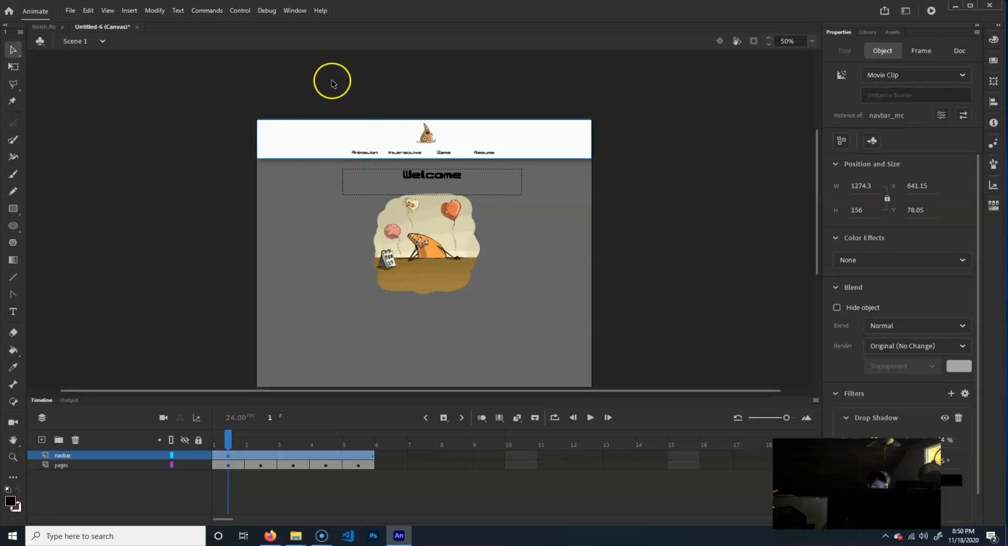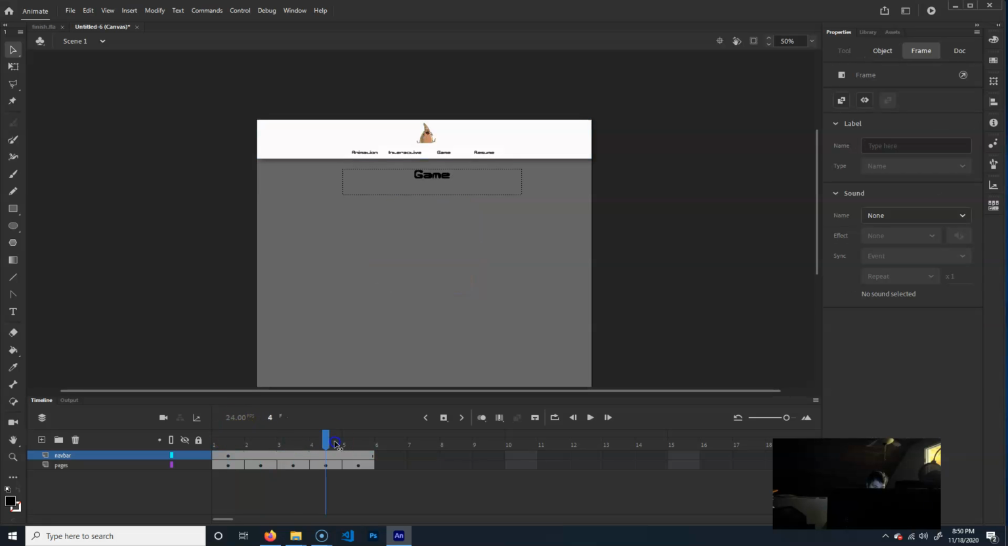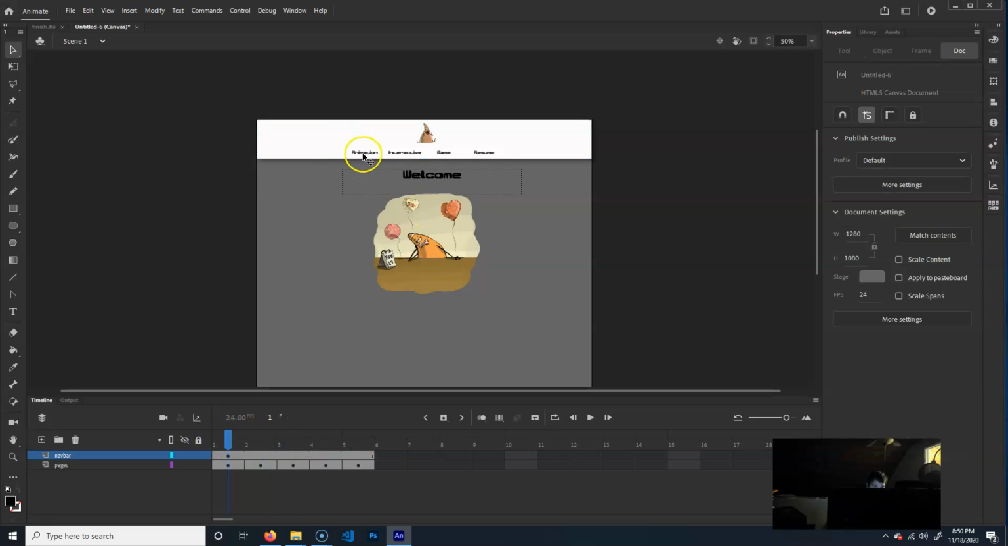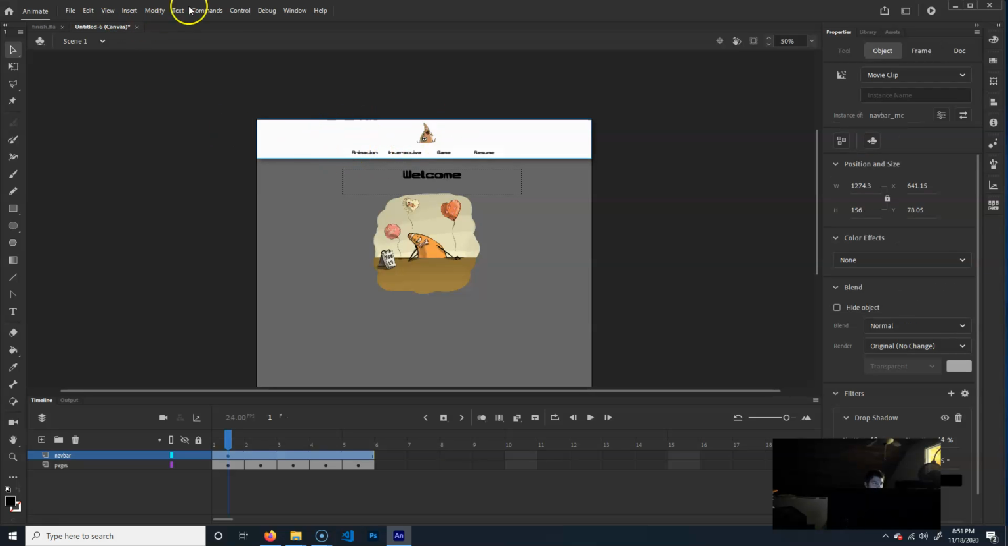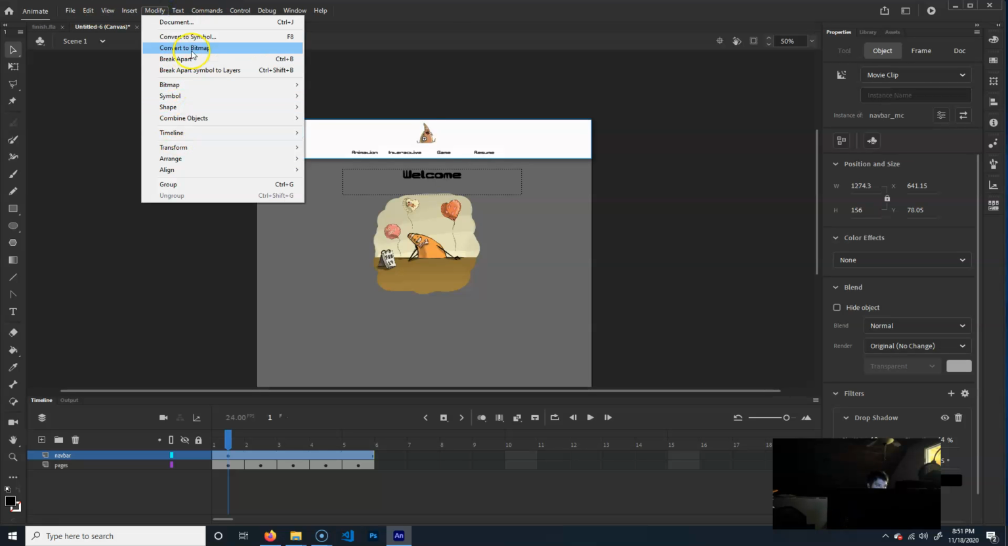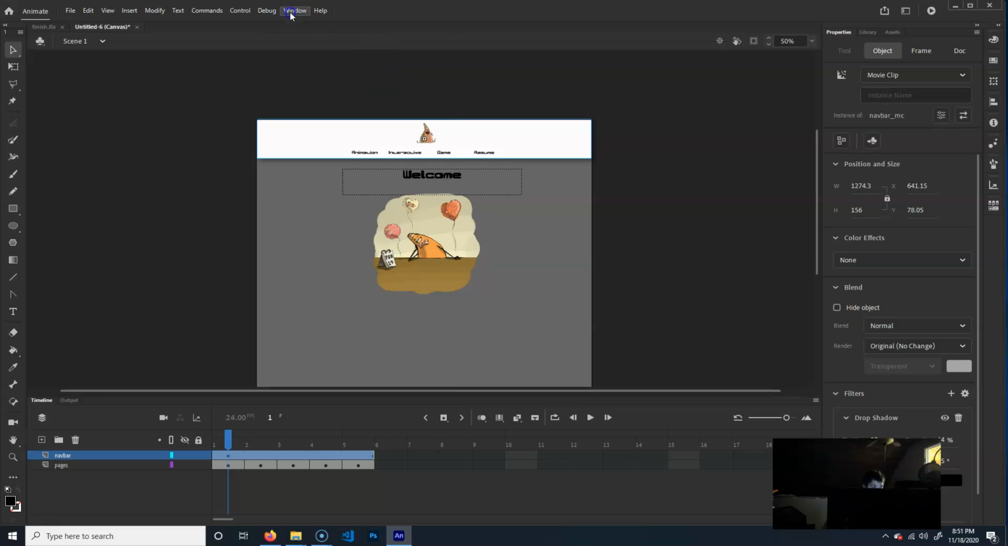I'm just going to go ahead and, on each one of the buttons, make it so it just goes to the next frame, so on and so forth. So what we're going to do is I'm going to select this, and then we're going to go to modify, or I'm sorry, we're going to hit F9, or you go to Window,